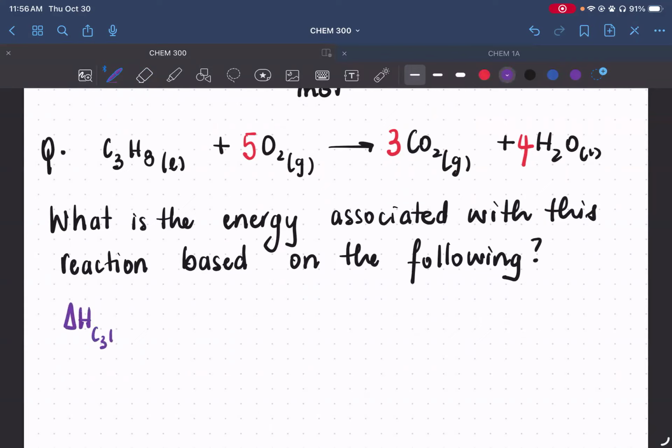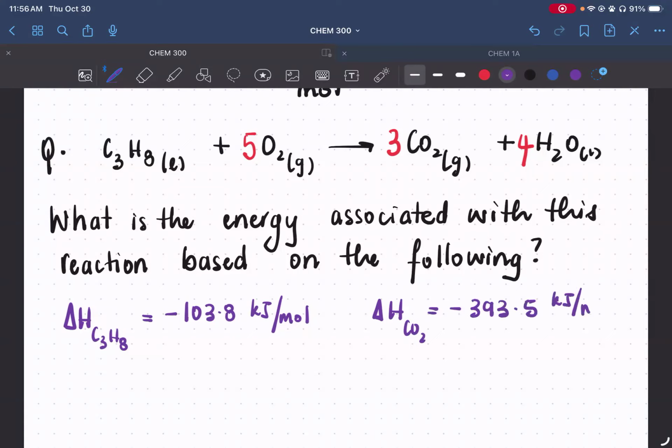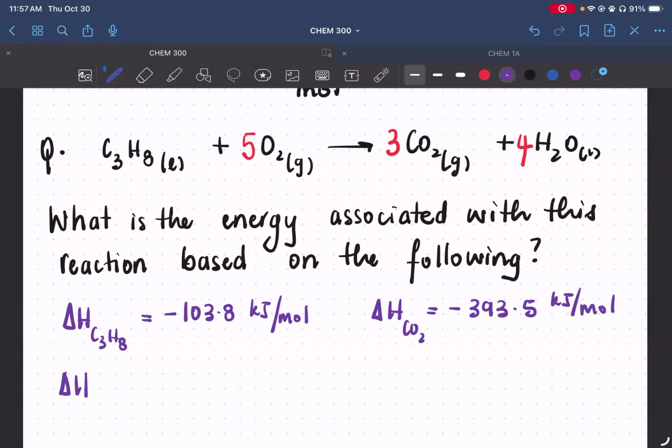Delta H of C3H8 is equal to negative 103.8 kilojoules over mole. Delta H of CO2 is equal to negative 393.5 kilojoules per mole. And delta H of H2O is equal to negative 285.8 kilojoules per mole. I've given you these in a different color, purple, to make it clear these are values